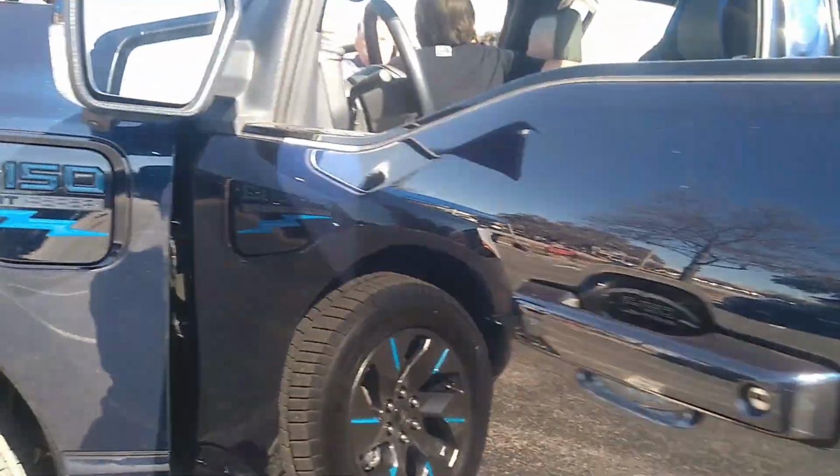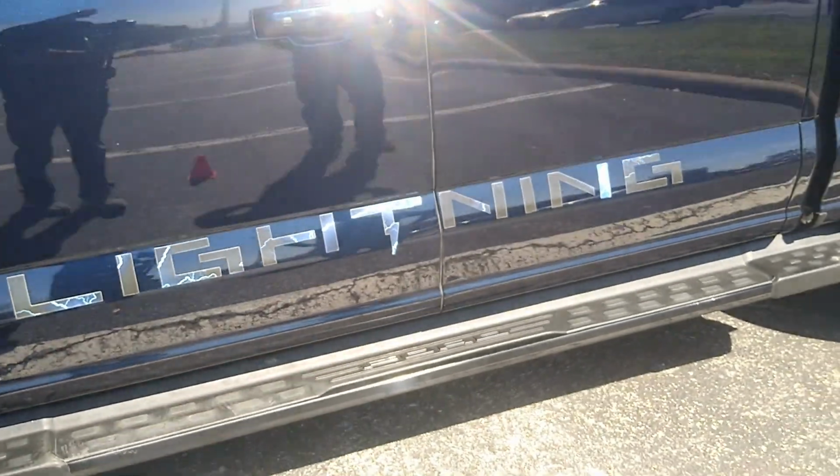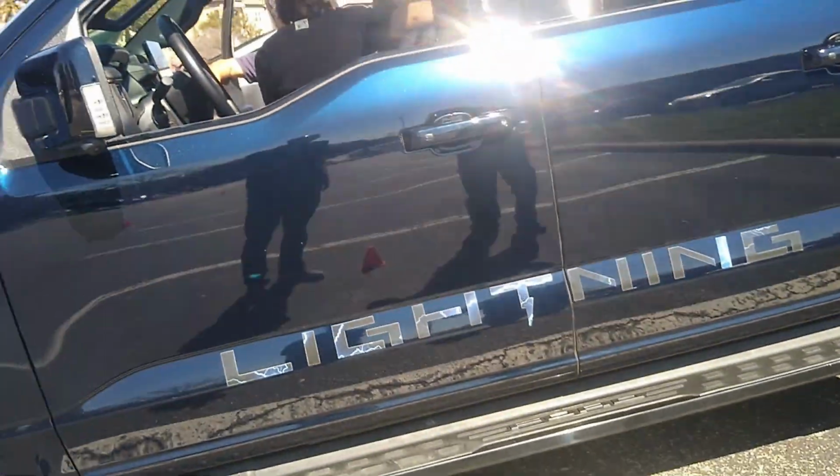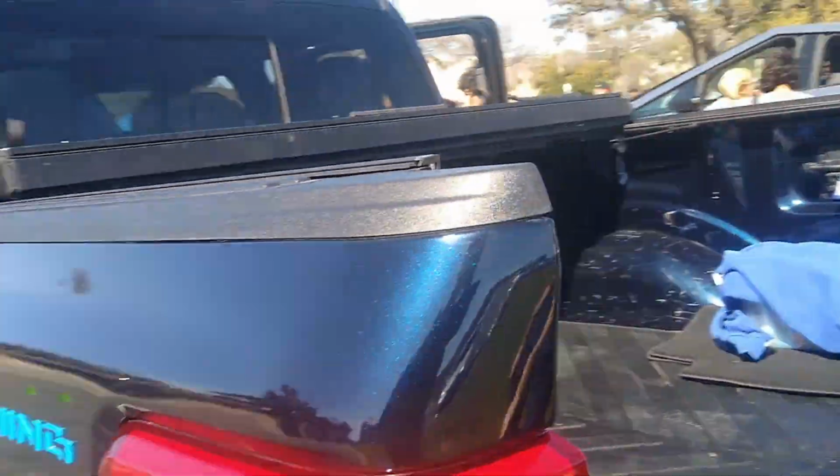Really looks good. I like how you added these accents here on the doors. You added the Lightning on there. Like you're not trying to blend in like most Lightning owners. You're trying to stand out. Got a little lightning bolt on your cover. And then